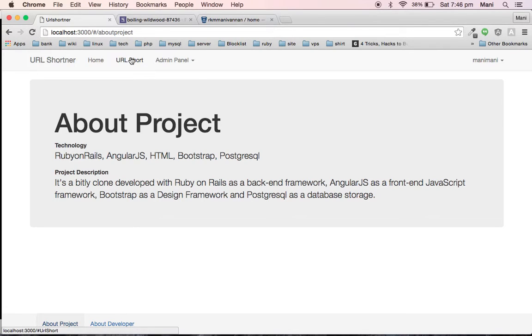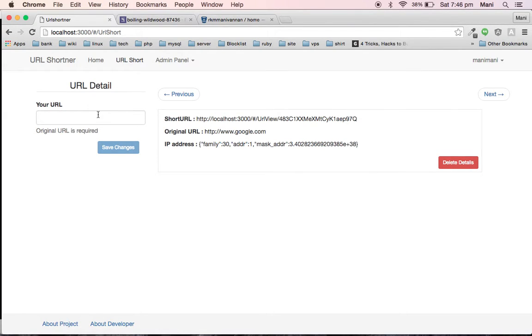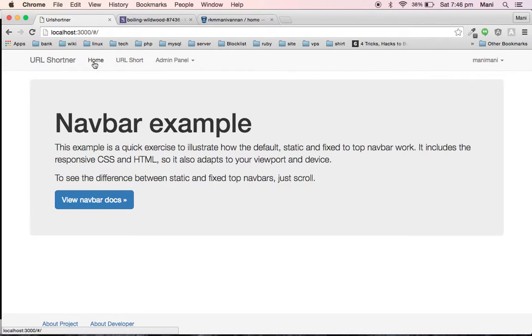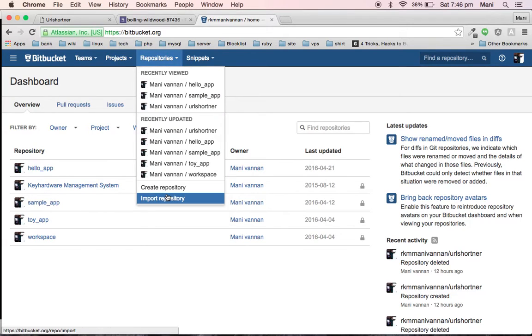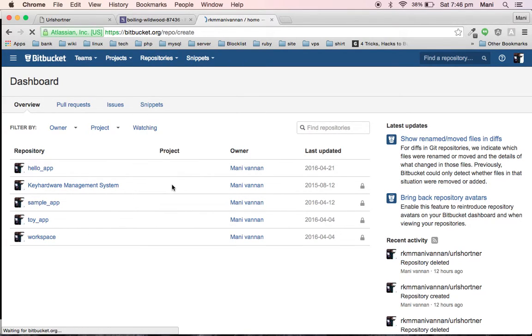So this project is about a Bitly clone. It's about creating a short URL of your original URL. This is a small project I developed with AngularJS and Ruby and Rails. So here I'm going to show you how to deploy your current project to Heroku. So first of all, I'll create a new repository in Bitbucket,